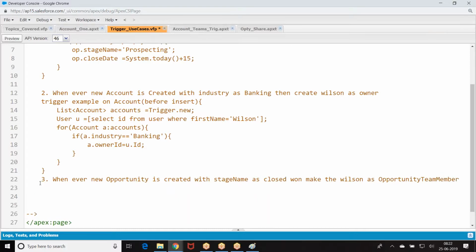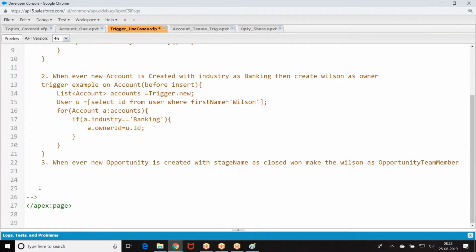Start doing this example. Whenever a new opportunity is created with the stage name Closed Won, make Wilson as opportunity team member. So what will be the probable fields on this? Tell me.